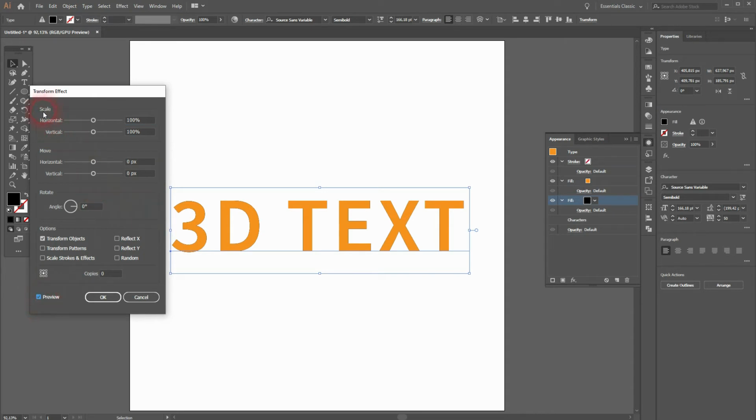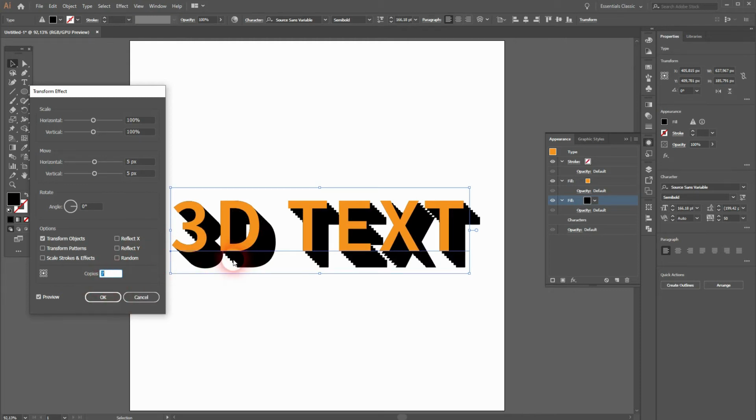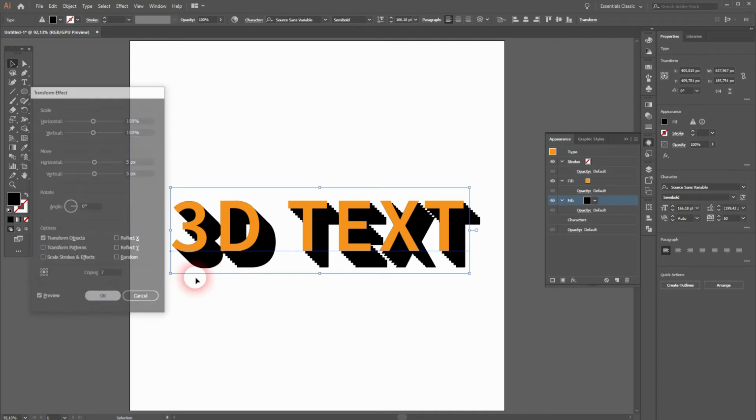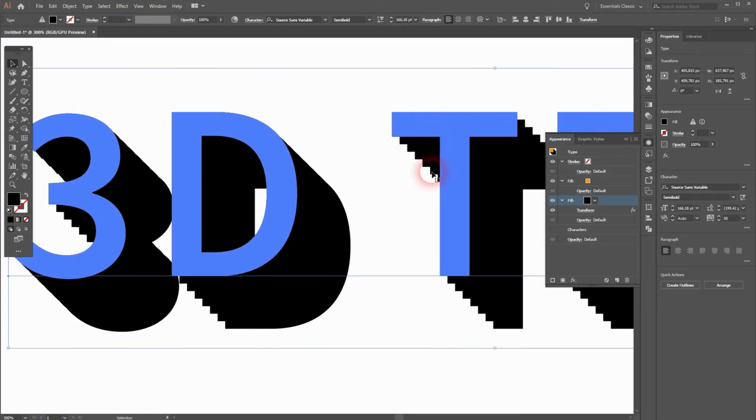Check preview. You don't want to play around with the scale, but with the move. Let me show you at first what it does when we create big moves. So I use 5 pixels for vertical and horizontal, and you can already see the black one, and I increase the copies. And now you see that we've got these edges, like jagged edges, and that's not really what we